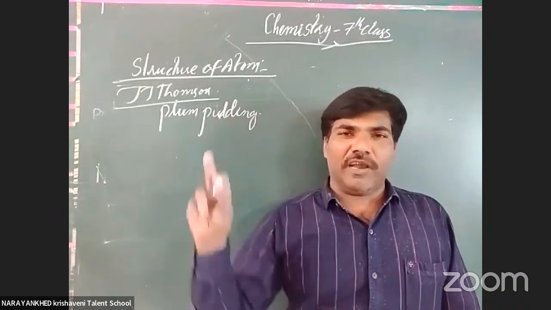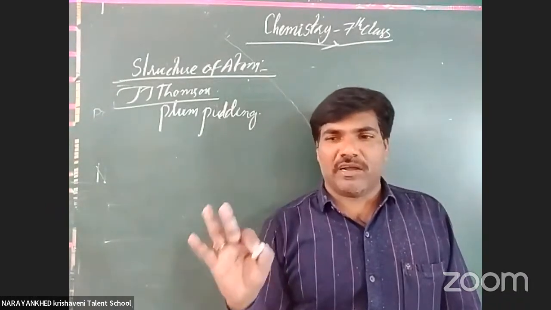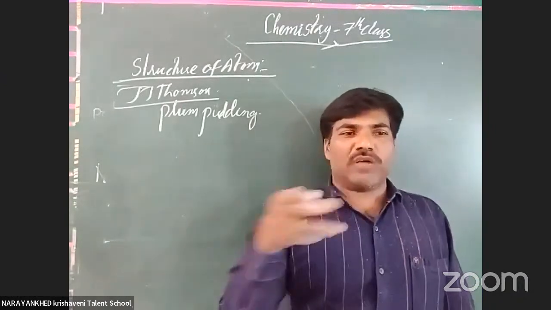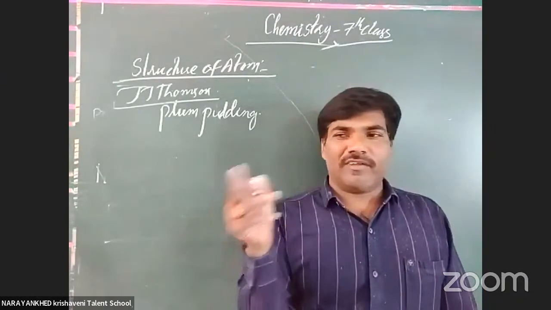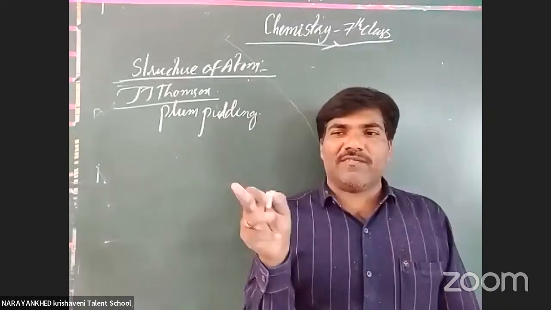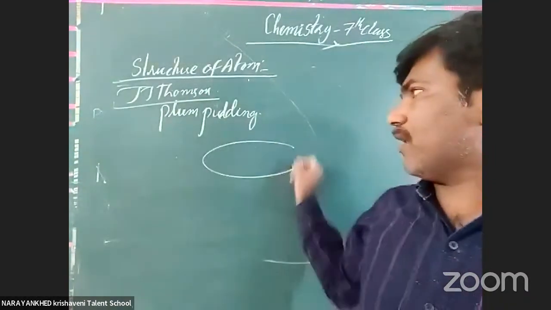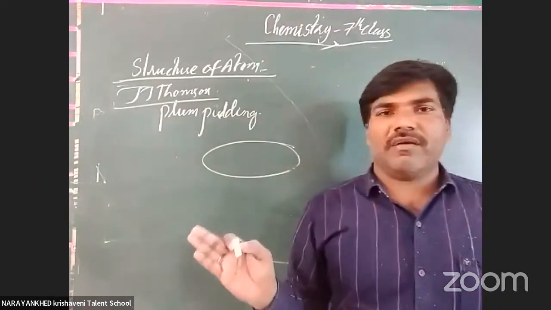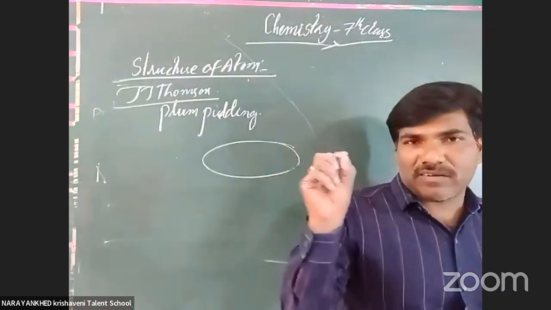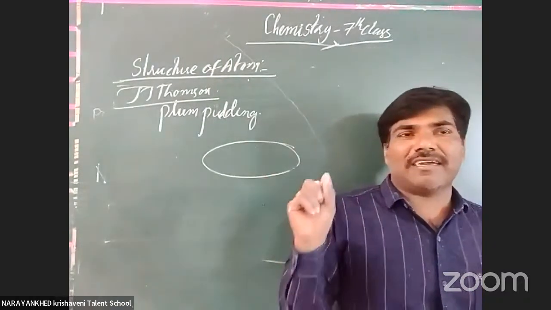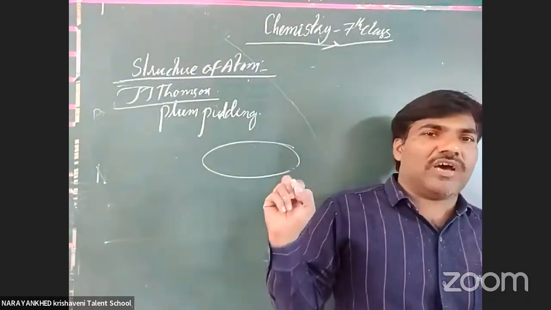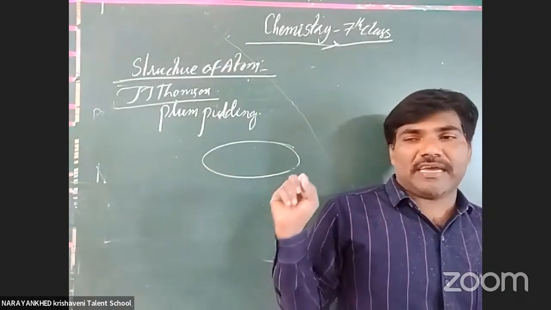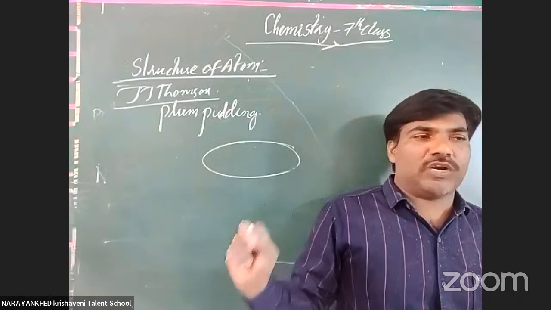It is a somewhat elliptical model, somewhat circular. According to him, elliptical only. Nowadays, the black-colored watermelons available in the market look like which shape? Elliptical, or not? Yes, in this elliptical thing, there are seeds. The seeds are treated as negatively charged particles, and the juice is taken as a positively charged particle.